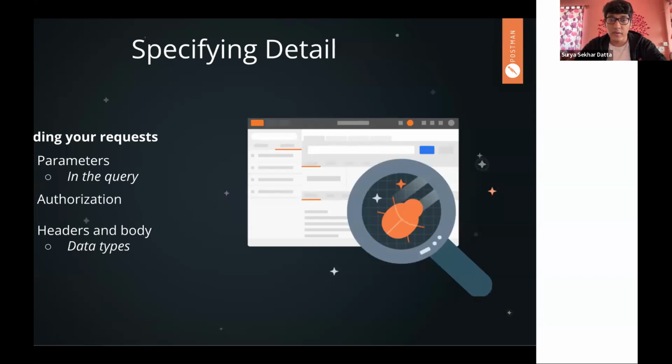Since this is a 101 session, we won't go over the full details of authorization, but in general, authorization lets the API know what permission the client has. It determines the data that can be requested, and typically this is just an API key, but there are many other types of authorization like access tokens, client ID, client secrets, etc.